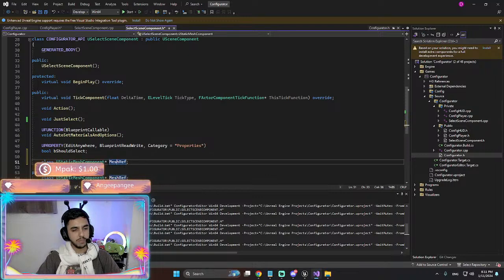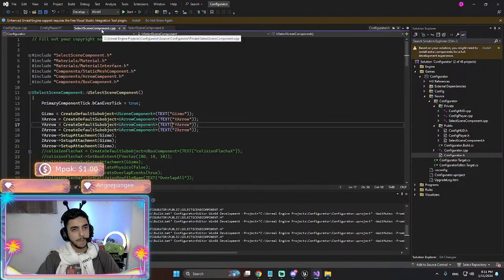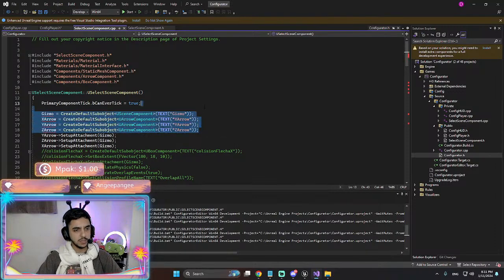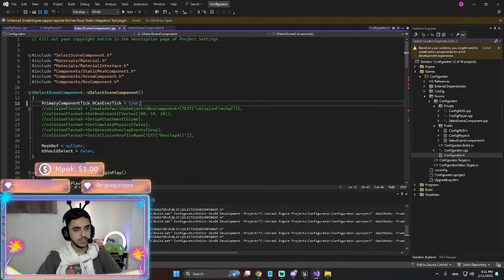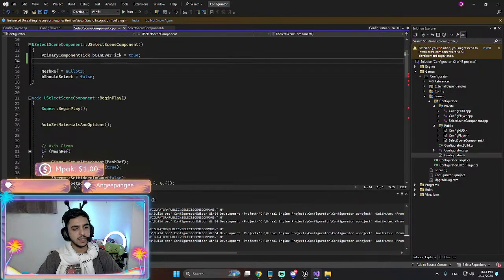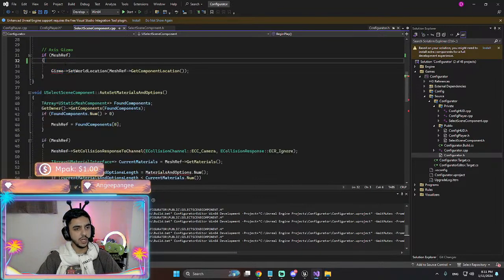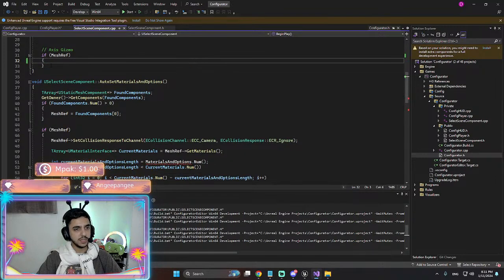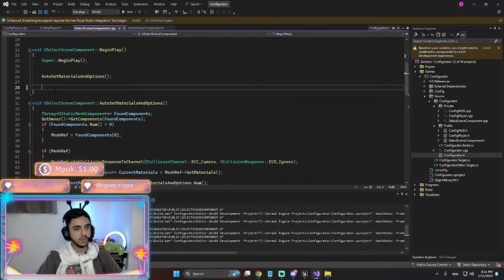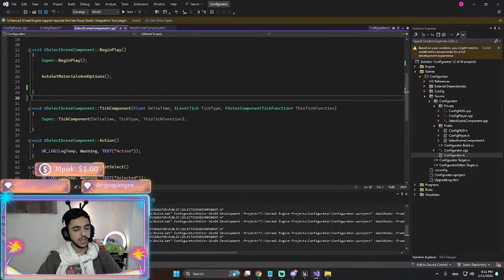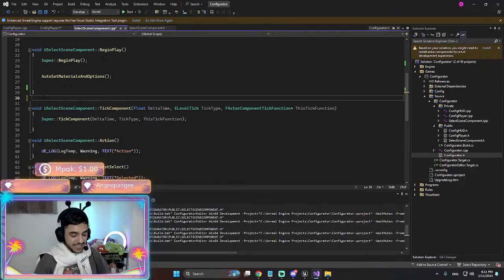Okay, use static mesh components. And I just want to get rid of the private section of it. Let's go here now. We don't need the gizmo. We don't need these. Definitely we don't need these guys. Yeah, of course we are not drawing an arrow anymore. It's completely gone. I'm gonna keep the if mesh. No, actually no. You don't even care. Auto select material and options. Goodbye. It was a good idea, you know, to keep it.